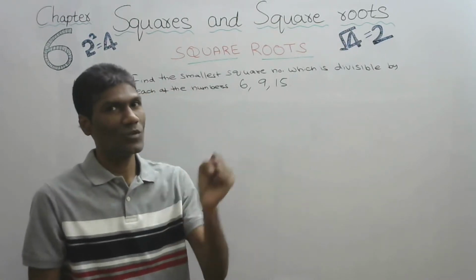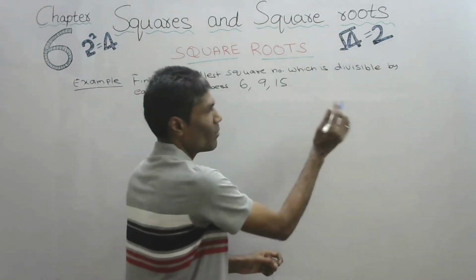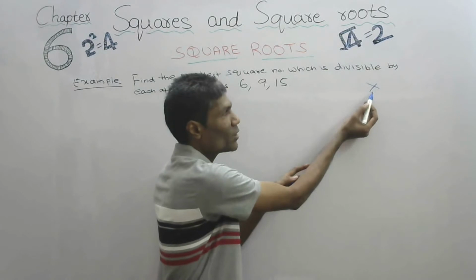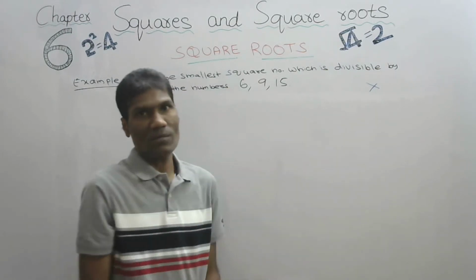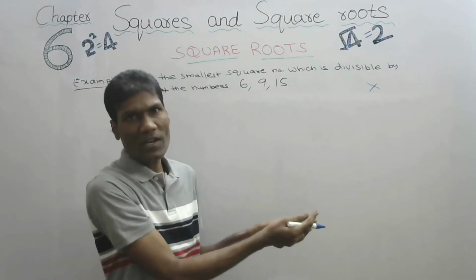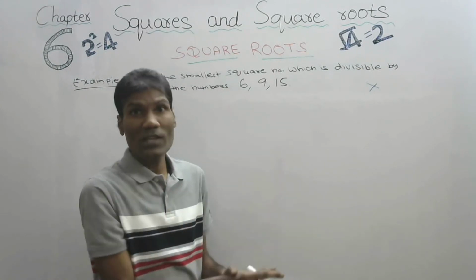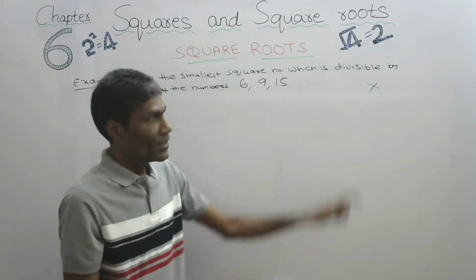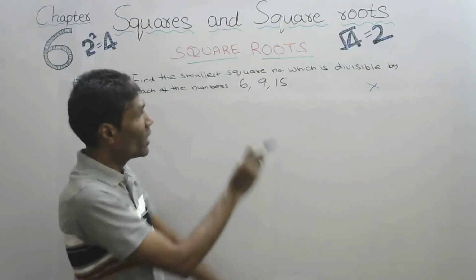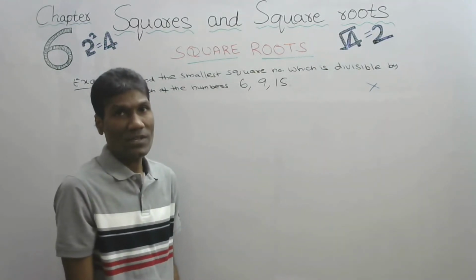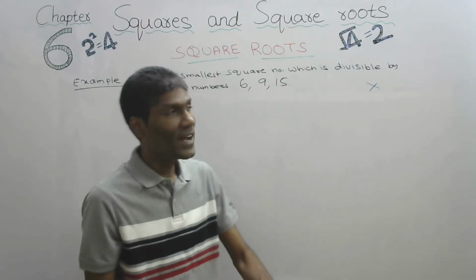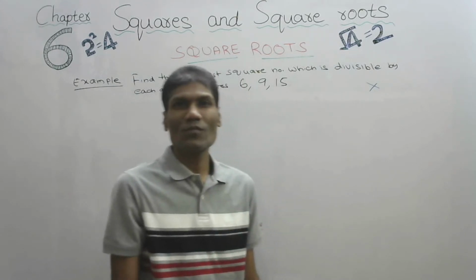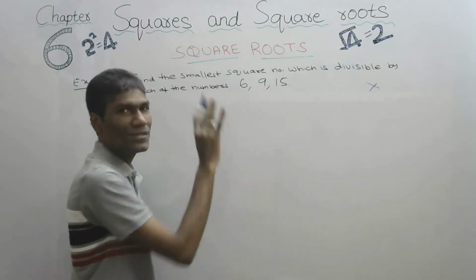First, let us understand the question. What he says is, there is a number, say x, and this number should be divisible by all these three numbers. Easy, we can find the LCM. But what he is asking is, this number should be a perfect square and also divisible by all these three numbers. Such numbers will be there, no? In that he is asking to find the smallest number. That is the question. So first what we will do? We will do the LCM.